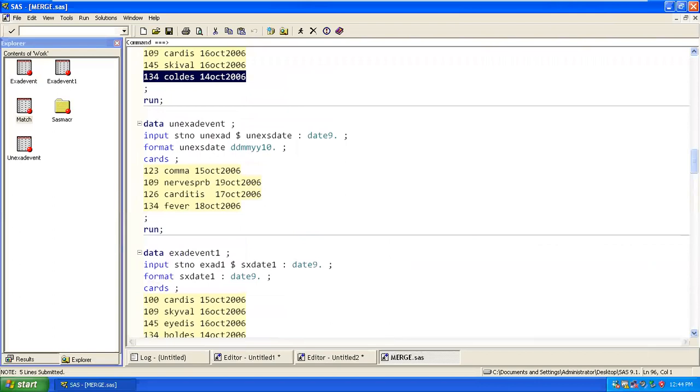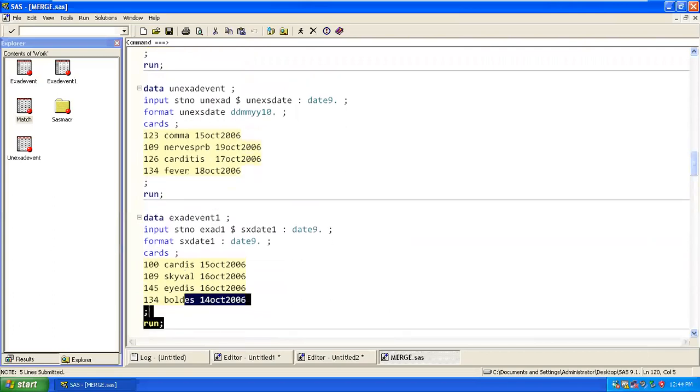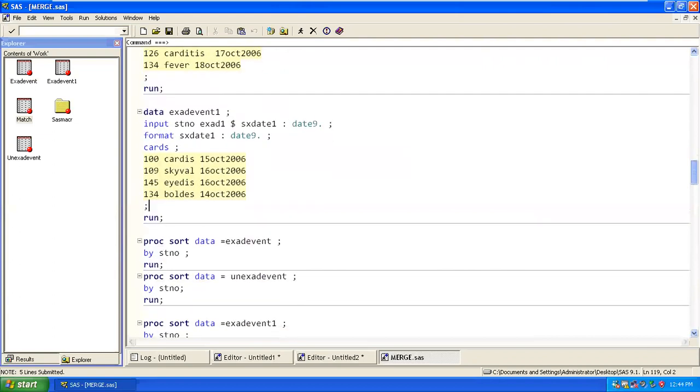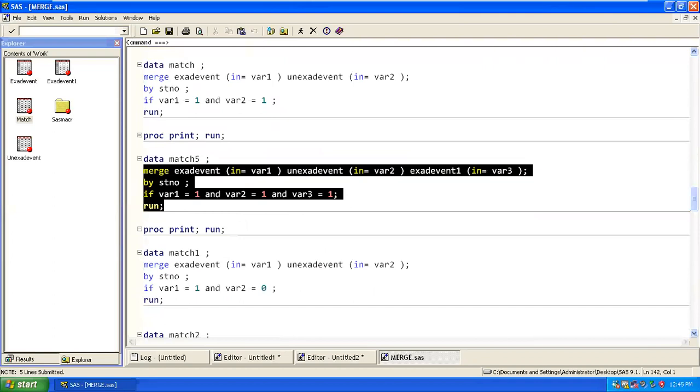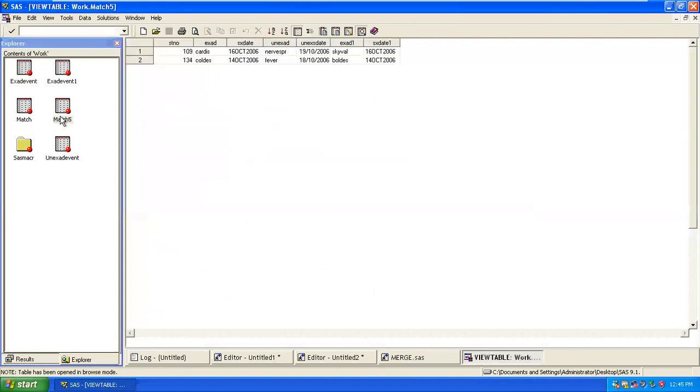Now I'm trying to find the common variable in all those tables, correct? 109 is available in all those data sets, here, here, and here too. 134 is also available. The rest of them are not available in all of those data sets. So you can perform an inner join for your three data sets. If you try matching it, you'll get only 2 records based on three data sets. Getting it?